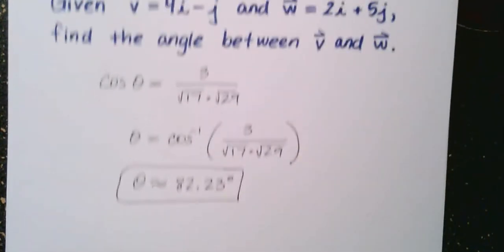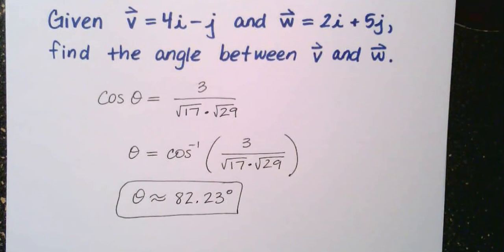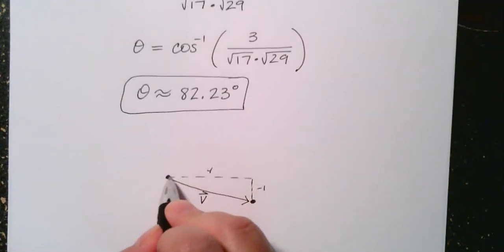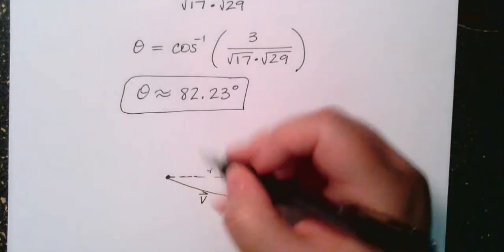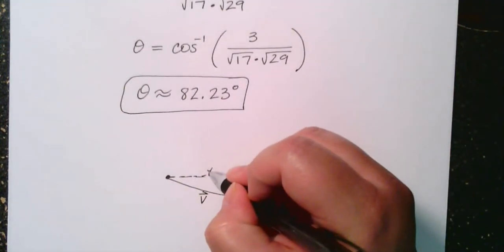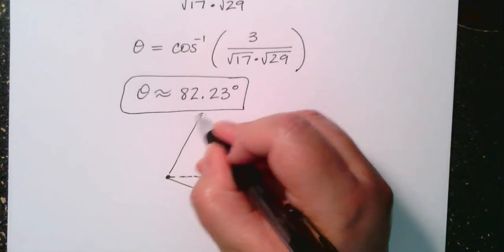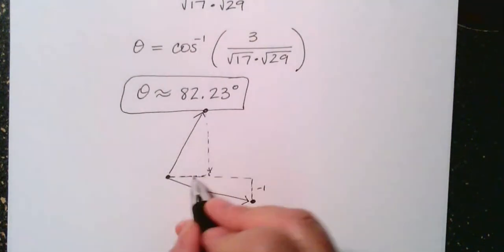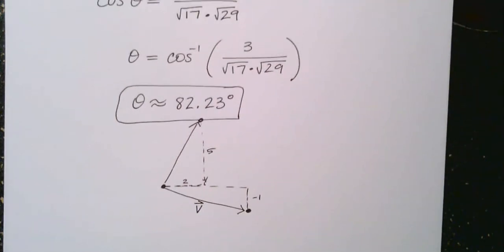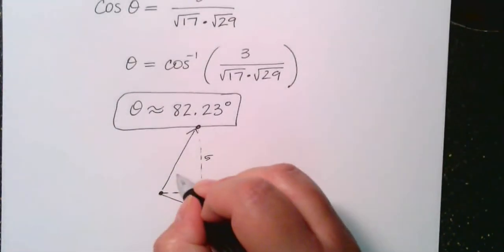And vector w up here is 2 horizontal and 5 vertical. So that's 2 positive horizontal, so that means 2 to the right. Let's go about halfway here. That was 4. And about 5 up. Let's say it's about here. Okay, and that's about 2, and that's about 5. I made it look almost like 90 degrees, but the point I'm trying to make here is that what we